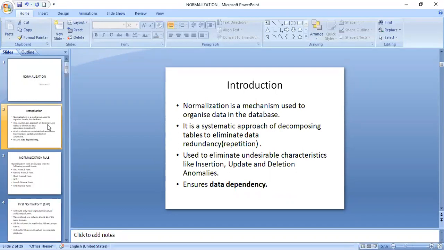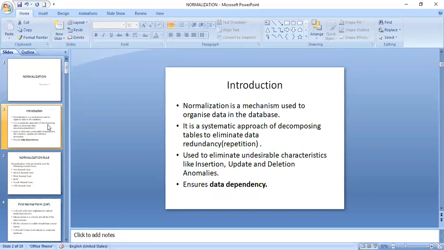Yes, what is data redundancy? Data redundancy is nothing but repeating the data. The data whichever is stored into the database should be a unique one. It should not be repeated. Suppose I am storing data of a particular student. That particular student's data should not be repeated in many places. Once it is stored into the database, it should be a unique value, and from that unique value, I should be able to retrieve the data.